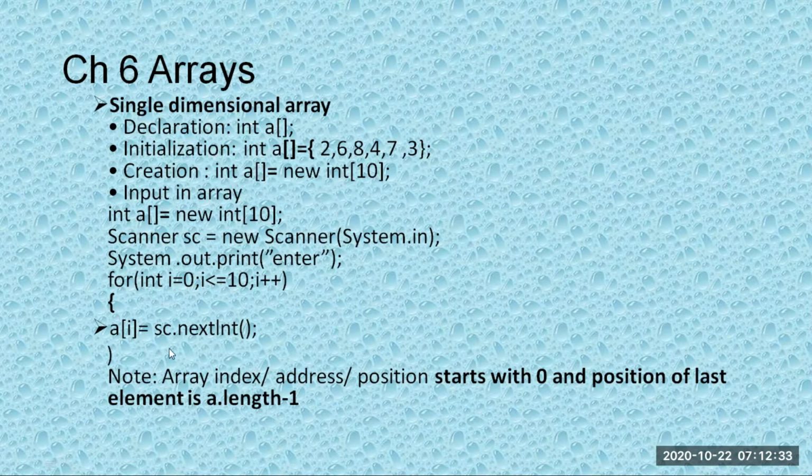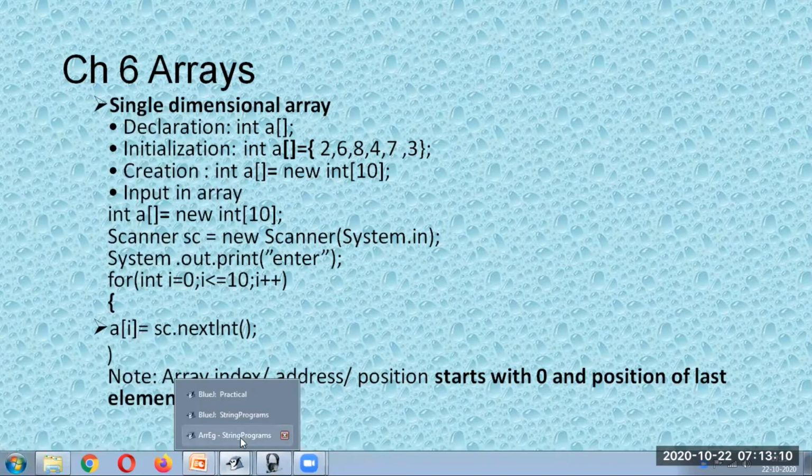And then when you want to accept the elements, how are we going to accept? There is a change in accepting also and displaying also. Normally we write only A. So instead of A, we will write square brackets and I. That is the array index. So the numbers are accessed with the help of array index. So let's say if this is an array of 6 elements, here this will be A of 0, A of 1, A of 2, A of 3, A of 4, and A of 5. This is how we are going to reference. Let us understand with the help of a program.